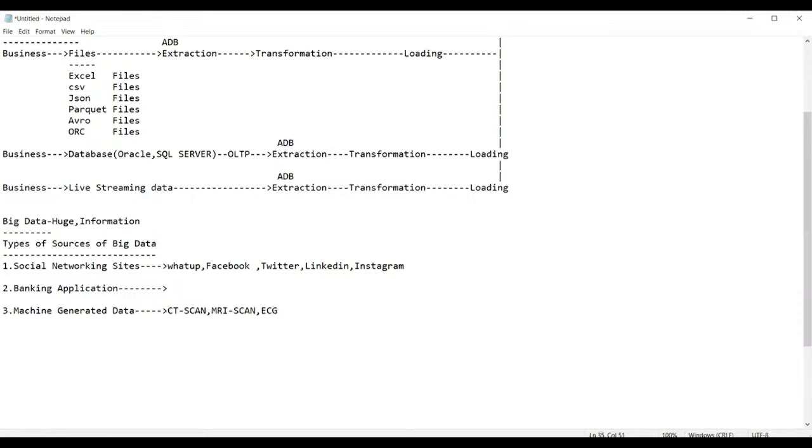These are the machines which generate some data. This kind of data is also considered big data.